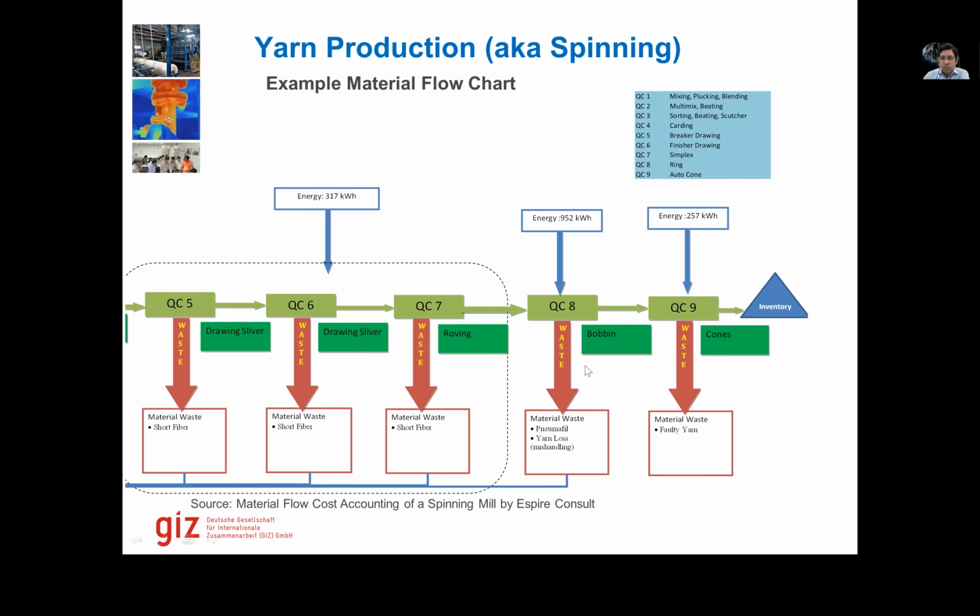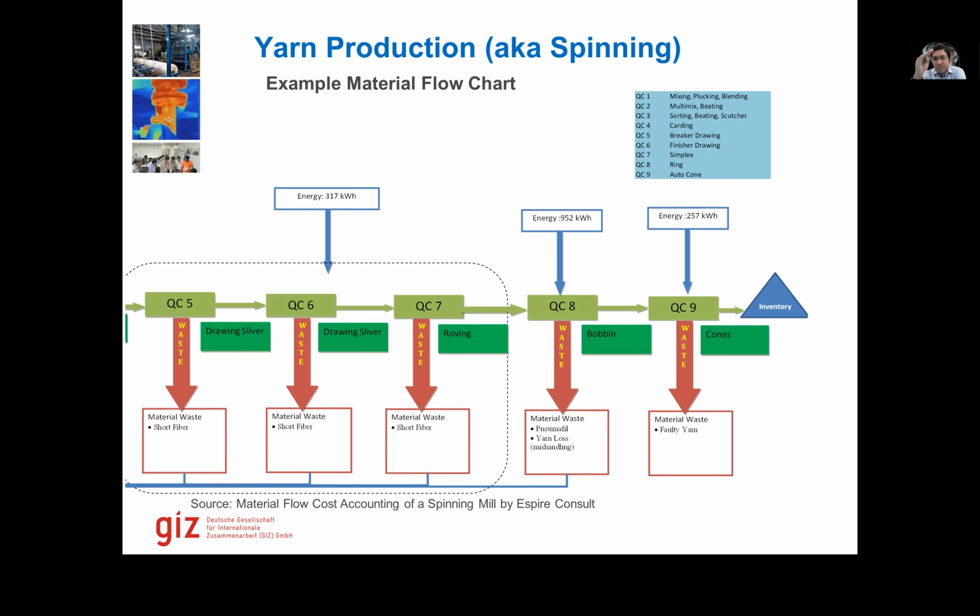So we have small bobbins coming out of this process that we call ring, and the machine is called a ring frame. Normally the size of a spinning mill is calculated based on the number of frames, so the number of bobbins they can produce at one time. For example, when we ask about the size, a small mill is normally 25,000 frames, and bigger mills are 100,000 frames. So they can produce 25,000 bobbins at the same time.